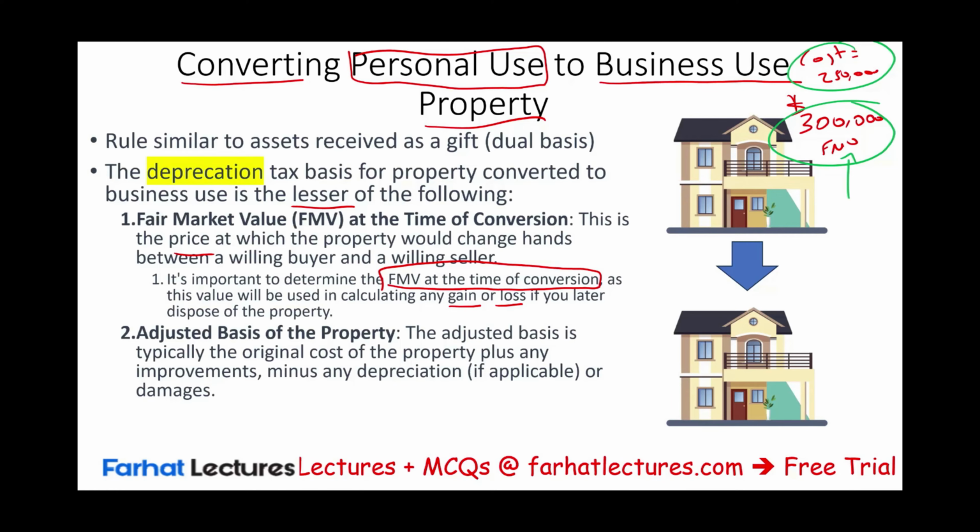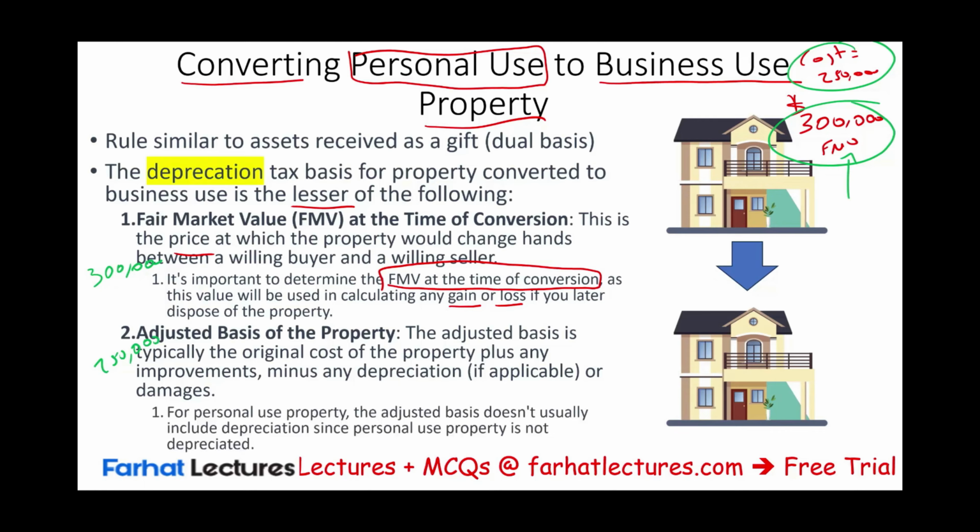So what's the rule? The rule is you would look at your fair value, you would look at your adjusted basis, which happens to be $250,000 for this example. You will adjust your adjusted basis for any addition to the property. For example, if you put a roof on it, you would adjust it: cost plus those adjustments, minus any depreciation. There shouldn't be any depreciation because you were using this property for personal use. So for depreciation purposes, you would look at these two figures, fair market value versus adjusted basis. And in your depreciation software, you'll put the lower, which is $250,000, to compute your depreciation